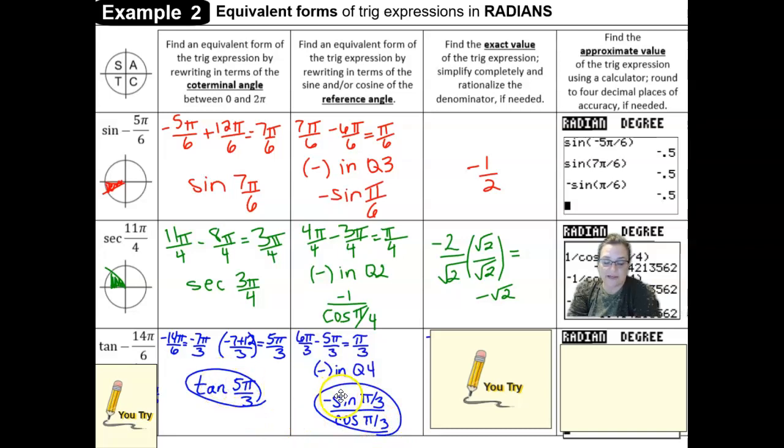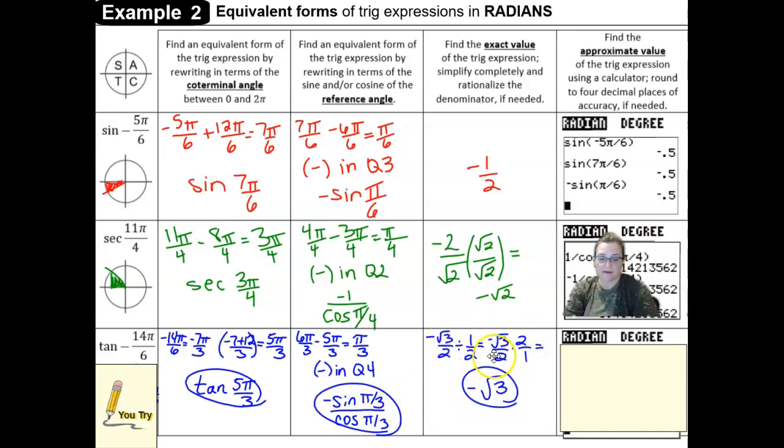Since tangent is the quotient sine over cosine, and tangent is negative in quadrant 4, representing the expression in terms of the sine or cosine of the reference angle is negative sine of pi over 3 divided by cosine of pi over 3. And then the exact value, we take the pi over 3 finger in our first quadrant hand trick,